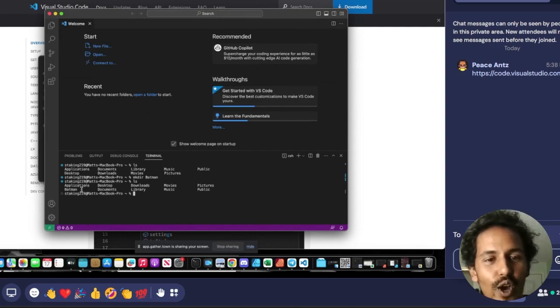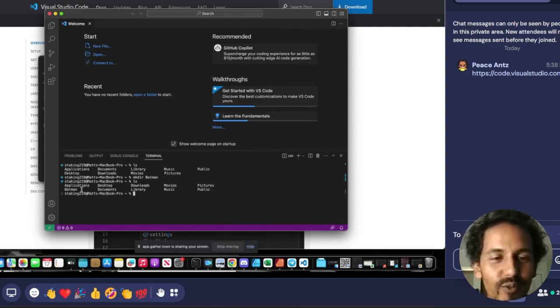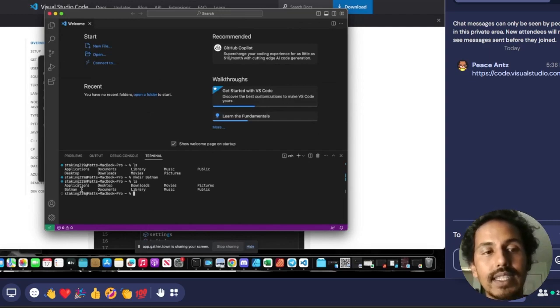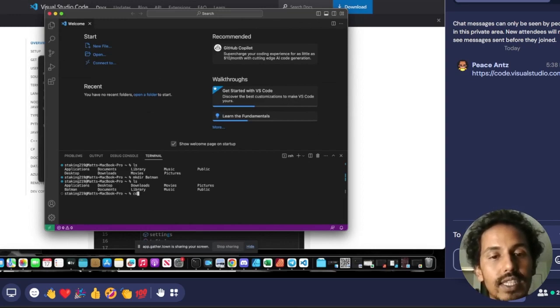Nice. So how do we get into that folder? We can't click on it because we're in a command line. So the way to go in and out and move around directories is the cd command, which I guess is change directory. So what we're gonna do is cd into Batman. So cd space capital B Batman.